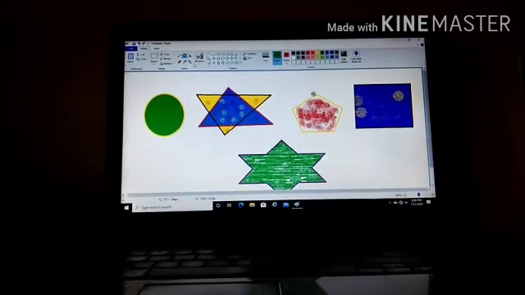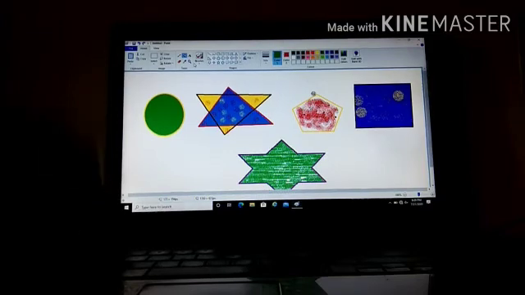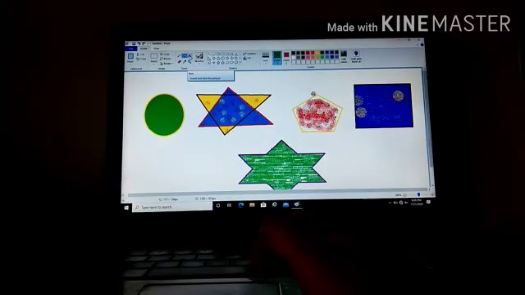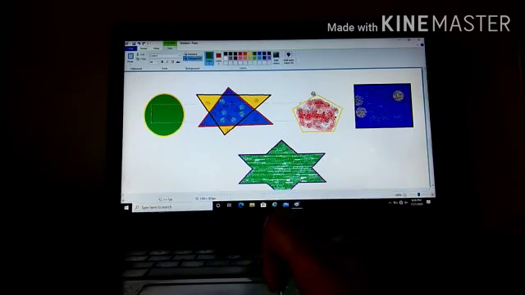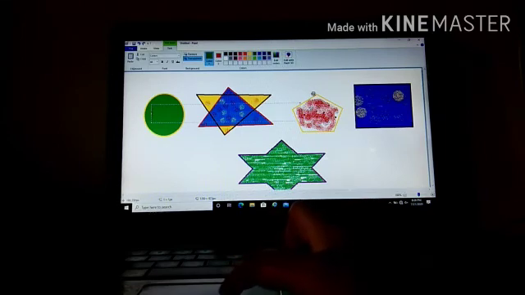Okay kids, now the next option, adding text in a shape. Suppose I want to add my name in a shape. So for that, click on the text tool and then click on the shape where you want to type. Okay, can you see this box? A blinking line is there. Now you can type